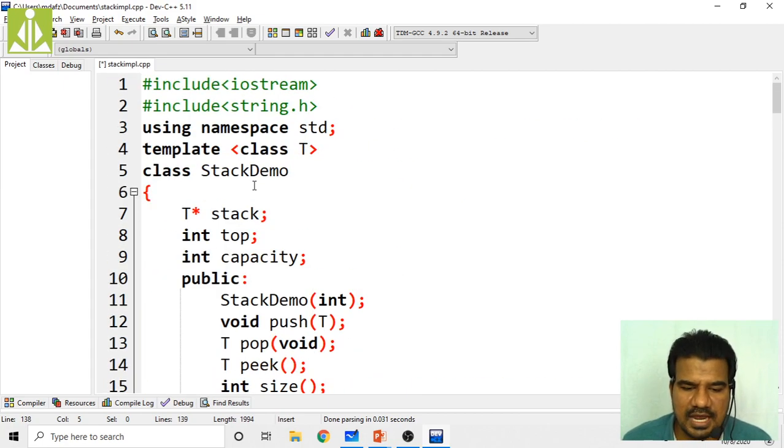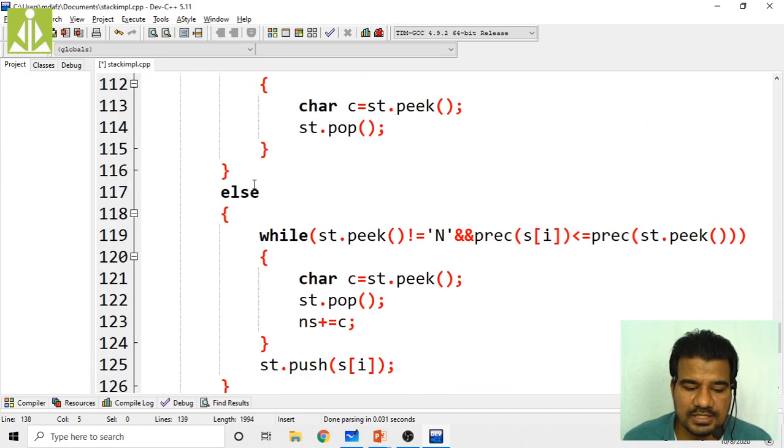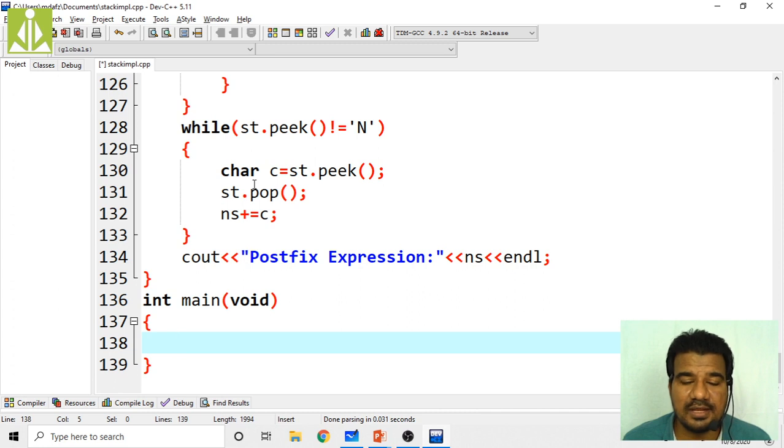We have written the stack definition. See how many lines of code it is. It is around 139 lines so far, still continuing. I have to write three to five more lines of code, so it will go up to 144 lines of code. So don't get nervous or scared by seeing this code. Simply divide this code into modules, small functions, and get familiar with those functions.